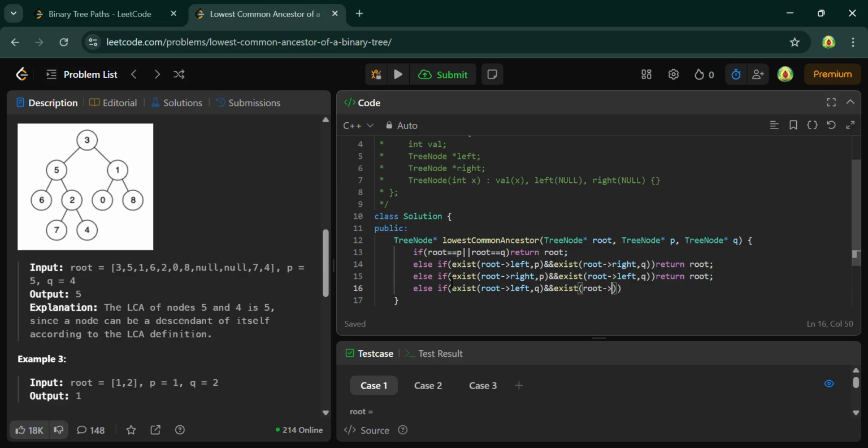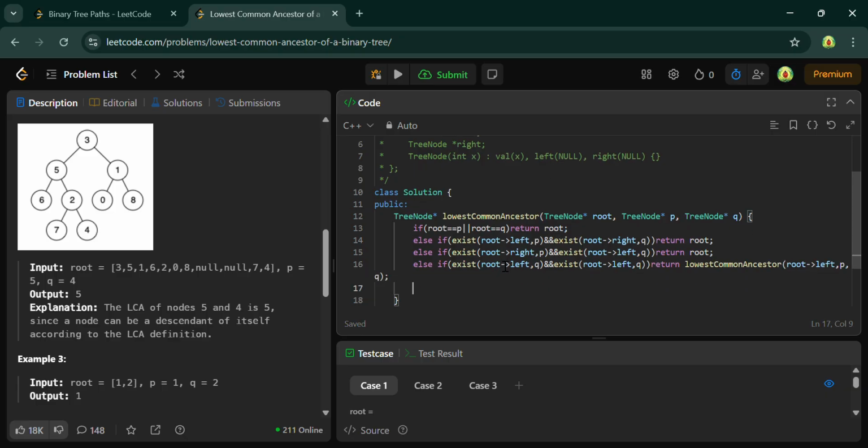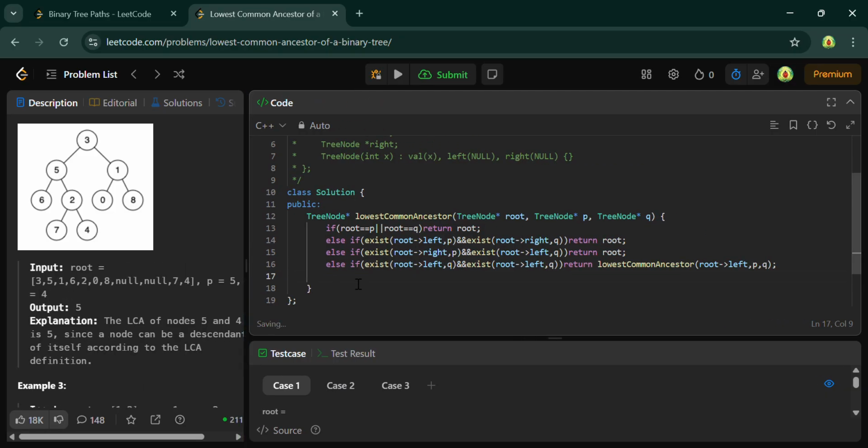First I have to write root's left comma Q, then you just have to return lowest common ancestor of root's left comma P comma Q. Okay, and after that you just have to return else, lowest common ancestor of root's right comma P comma Q.